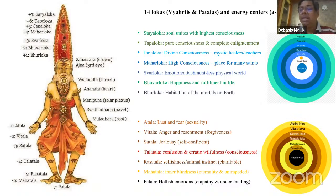I told you that the root chakra is actually about imbalance or insecurity, when a person goes through any kind of imbalance. The root chakra, the Muladhara, is said to be subdivided into seven chakras that lie in different parts of the body: Atala, Vitala, Sutala, Talatala, Rasatala, Mahatala, and Patala. These are the seven talas or lokas that you can visualize in any way. You can visualize them as seven layers of hell, but I don't believe in the existence of hell. So I would represent each of these sub-chakras of the root chakra as an emotional